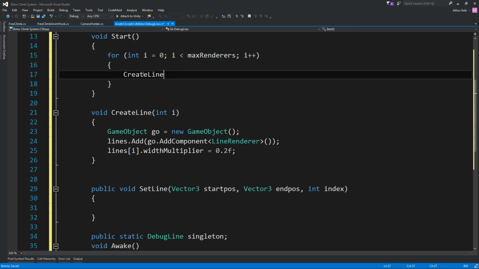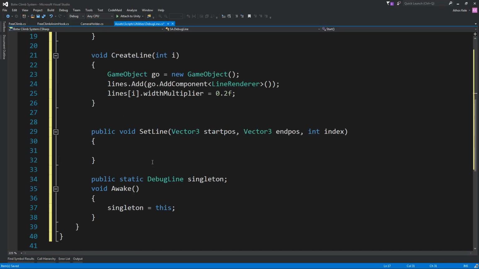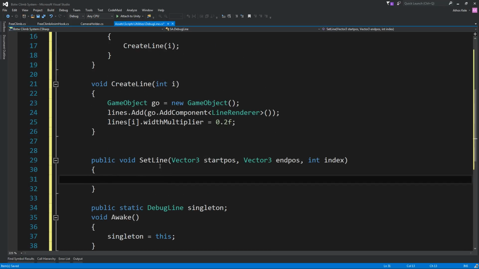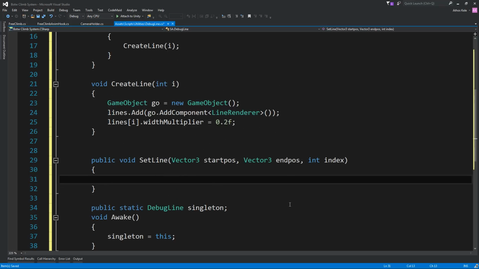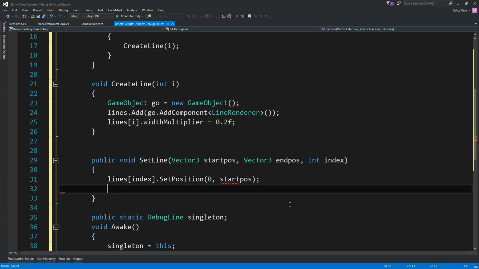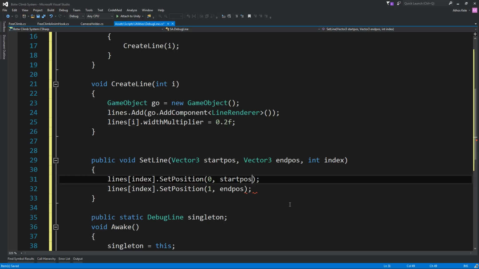Got this, create line. Okay, so set line. We basically need on the lines the index we are passing, set position zero, start position, and then line index set position 1 and position.